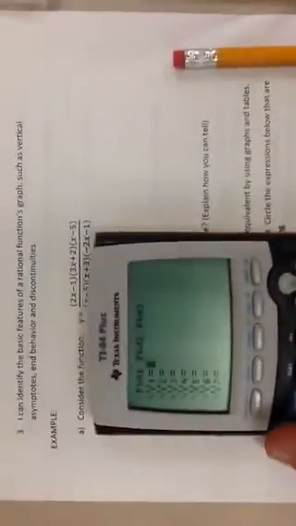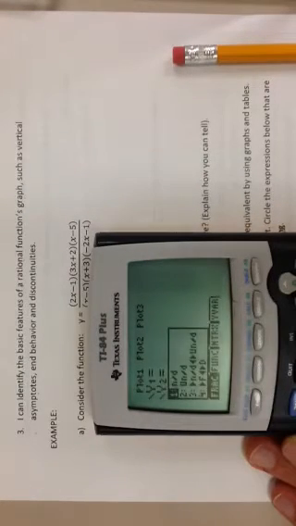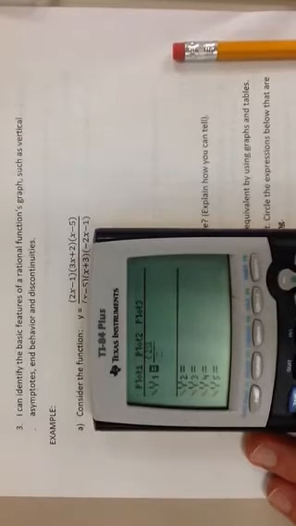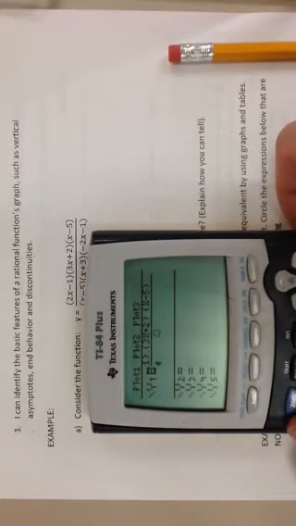So this problem says, I can identify the basic features of a rational function's graph, such as vertical asymptotes, end behaviors, and discontinuities. So the first thing we want to do is graph this, just to get a sense of the graph. So if you've got a fraction, we'll put (2x - 1)(3x + 2)(x - 5) all